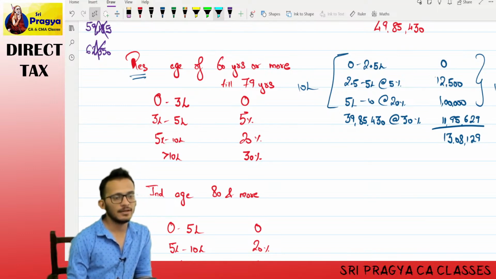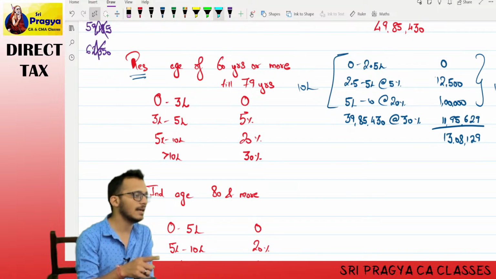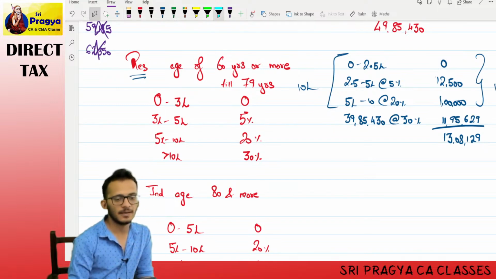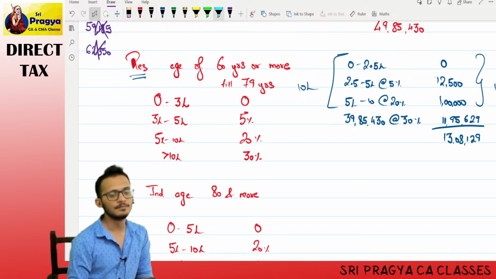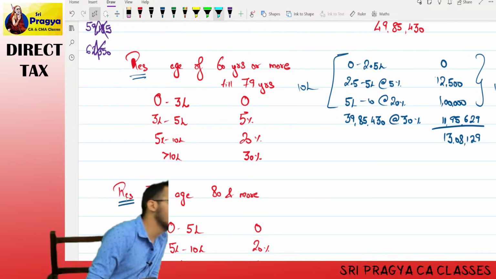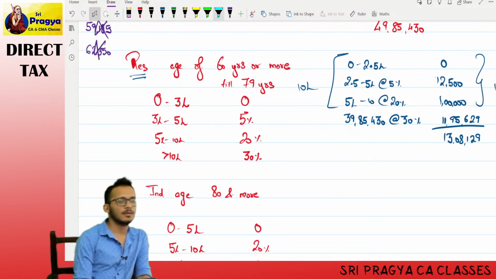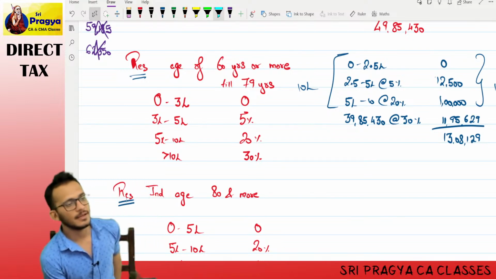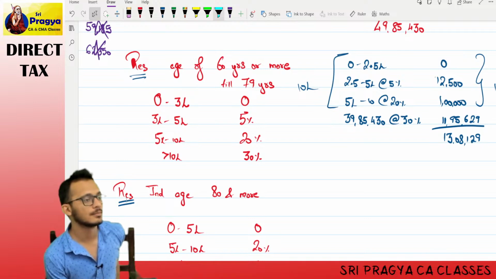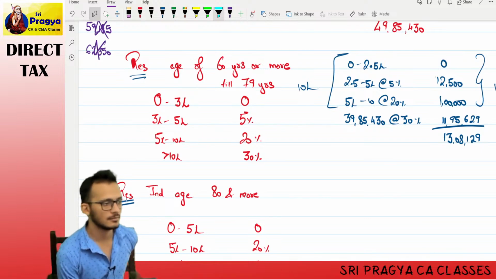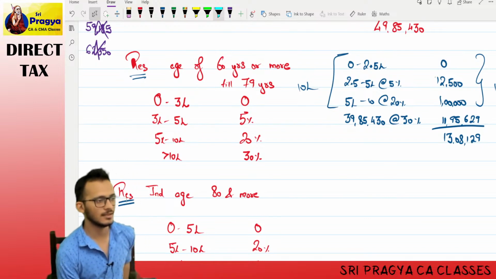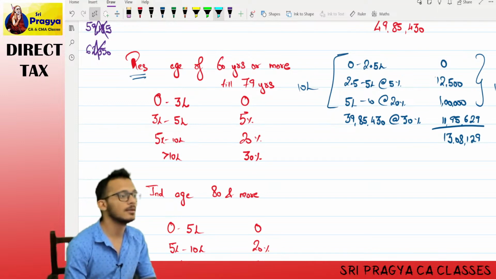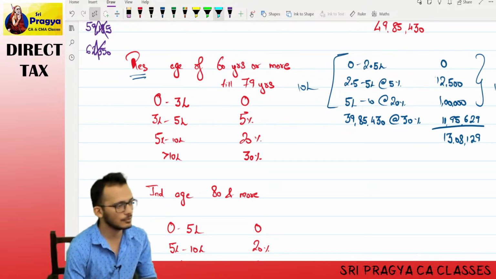In your question, just put this extra line. You have written Mr. A, aged 68 years, having the income of number. Full stop. Assume he's a resident. Rahul, in exam, they did not tell me whether he's a resident or not. What to do? Do both. No assumptions and all. You have to do both.